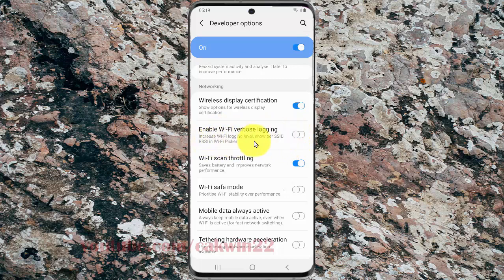Increase Wi-Fi logging level, show per SSID, RSSI, and Wi-Fi picker. Enable Wi-Fi verbose logging to increase the Wi-Fi logging level for each wireless network, or SSID, you connect to, according to its relative received signal strength, RSSI. For more information about logs, see when and view logs with